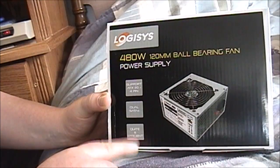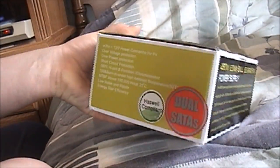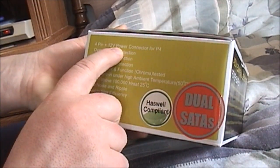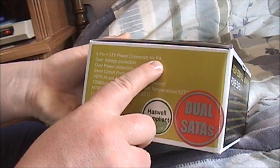So I guess we'll find out once I install this power supply, but it looks decent. It has a good amount of weight to it, as you can see on here. I'll show you guys some of the specs. It says it has a 4-pin 12-volt power connector for P4, so it's got the P4 4-pin